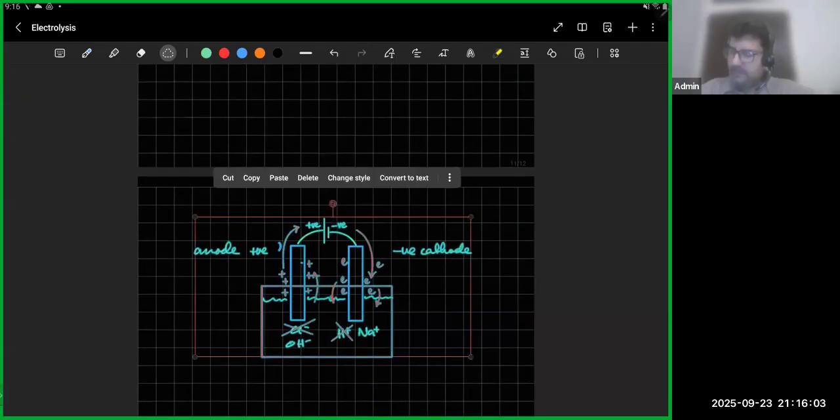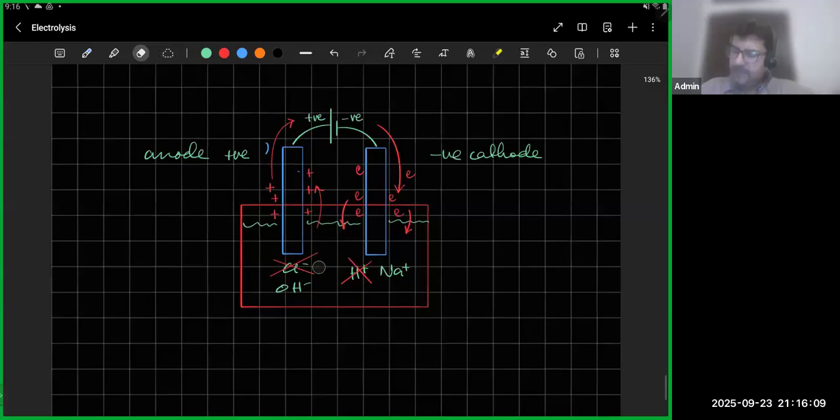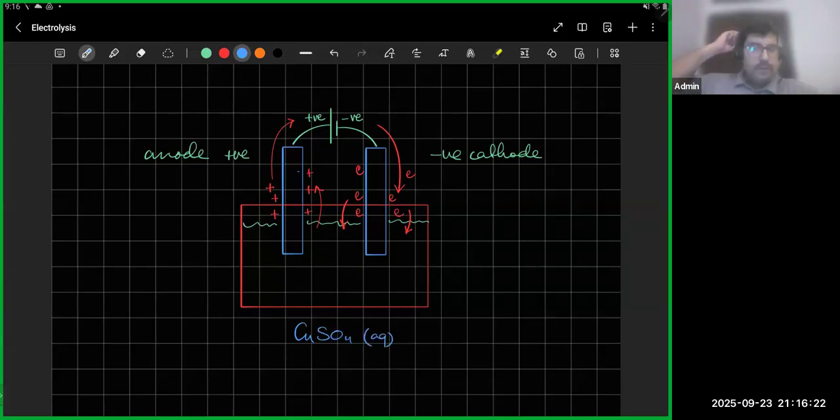So exact same diagram. Get rid of the ions, the anode and cathode are there. And I'm going to add copper sulfate, aqueous. Now, when you have copper sulfate aqueous, it's going to have